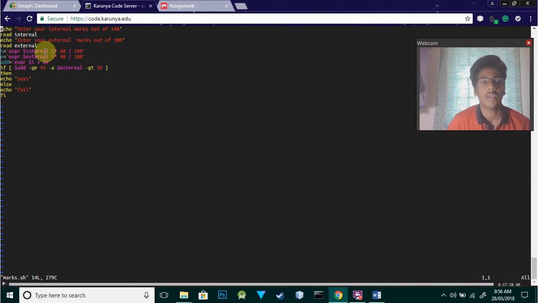Here we are taking the value of the internal and multiplying it by 60, and then dividing by 100 to get the percentage of that. Same for external, we are taking the external value and multiplying it by 40, and then dividing it by 100 to get the percentage. And then we are creating another variable add which equals both I and E, that is the percentage